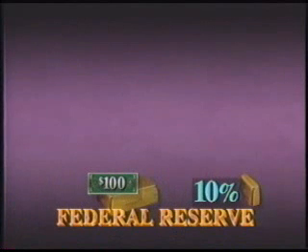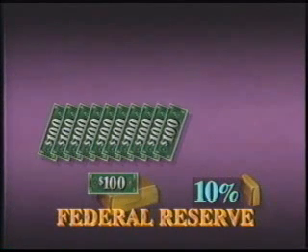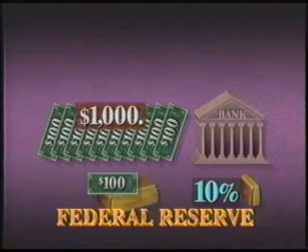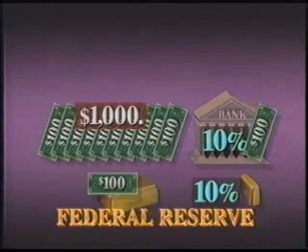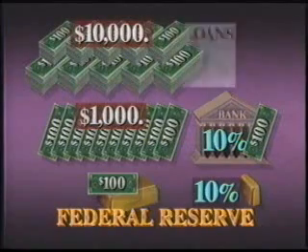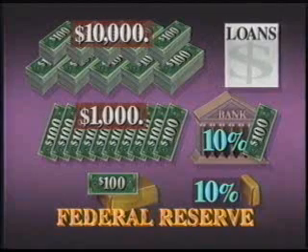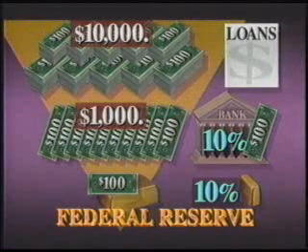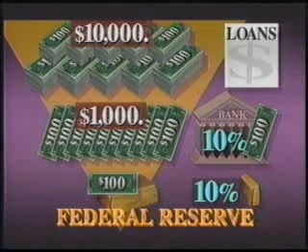For example, if the central bank has $100 worth of gold reserves in its vaults and a 10% reserve requirement, it can print up $1,000 of new notes and deposits, which become the reserves of the commercial banks. The commercial banks take this $1,000, and if they're required to hold 10% again in reserve, they can multiply the $1,000 into $10,000 through fractional reserve loans. So an inverted pyramid is created with $100 worth of gold or real money at the bottom and $10,000 of inflated paper money at the top.